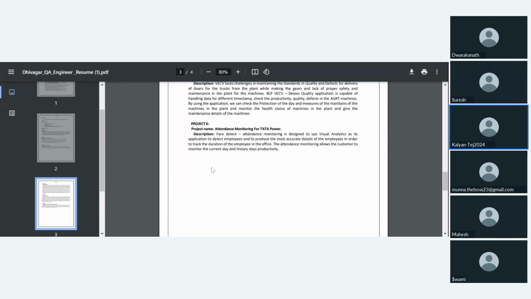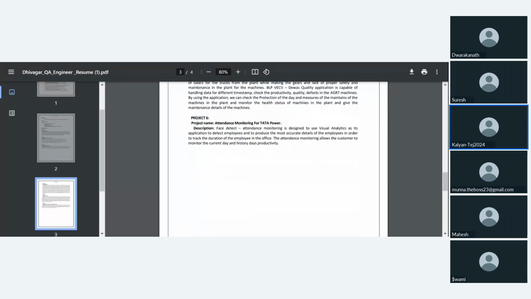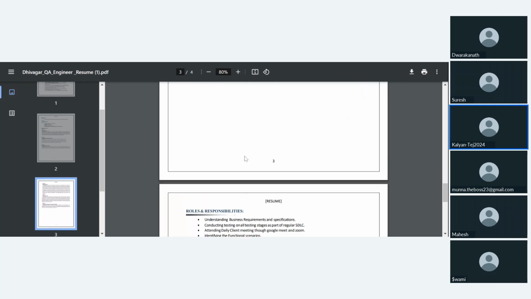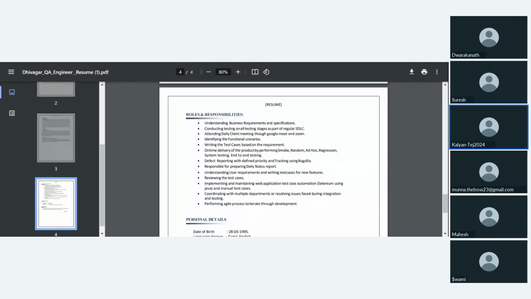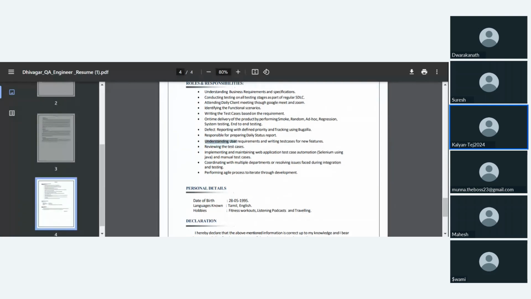What is he saying in this, what project he has worked on. It should not be very complicated, so anybody should understand. So keep your descriptions like this, and always add the roles and responsibility. I've seen many people missing out this column itself. Always add your roles and responsibility: in which project, what is the role. This is one of the standard templates, but you still have multiple templates which you can follow. This is the standard template which I recommend students to refer to.